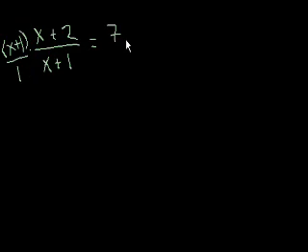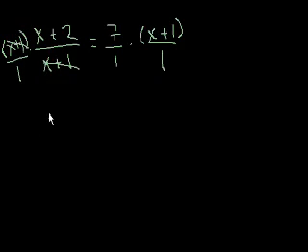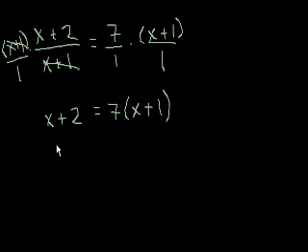Since we did it on the left-hand side, we also have to do it on the right-hand side, and this is just 7 over 1 times x plus 1 over 1. On the left-hand side, the x plus 1's cancel out, and you're just left with x plus 2. It's over 1, but we can just ignore the 1. And then that equals 7 times x plus 1. And that's the same thing as x plus 2. And remember, it's 7 times the whole thing, x plus 1. So we actually have to use the distributive property, and that equals